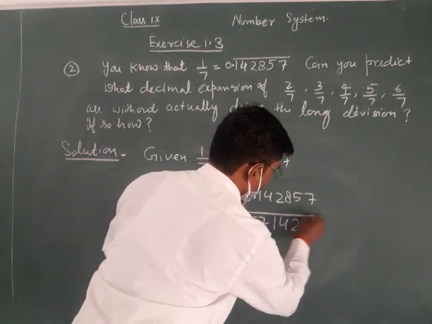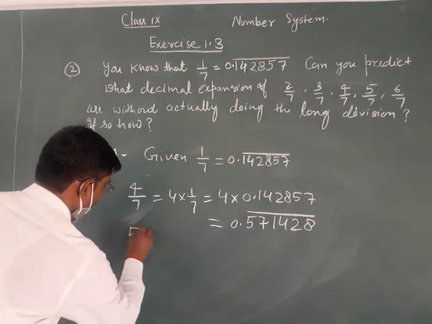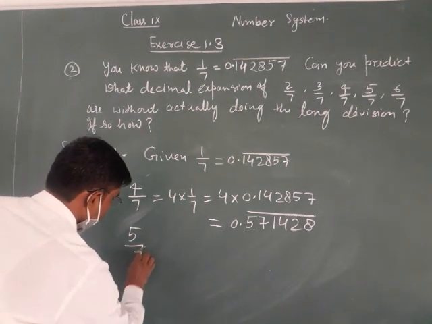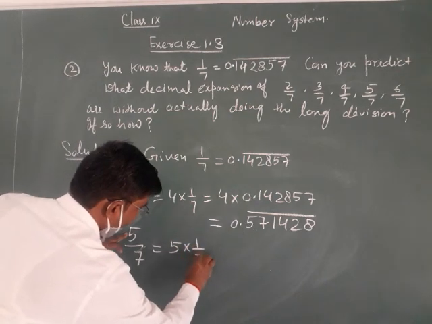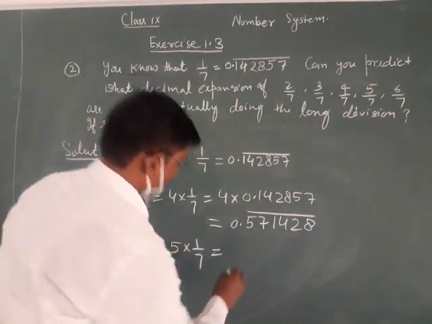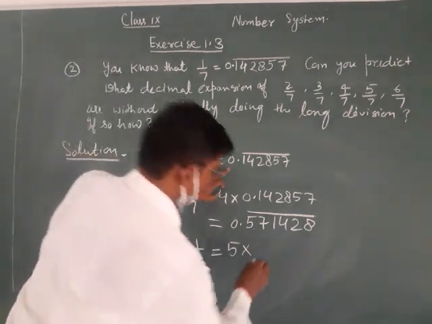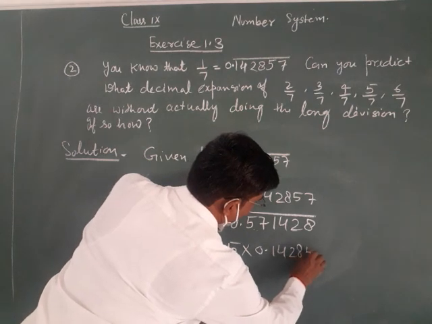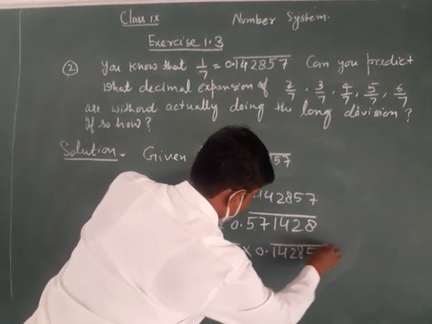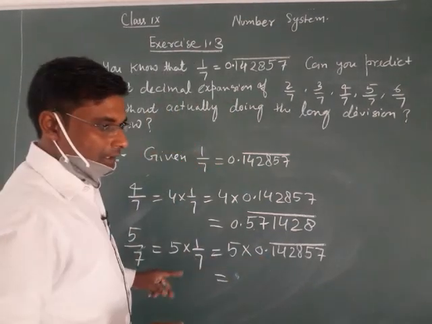0.571428 bar. And 5 by 7 is equal to 5 into 1 by 7. We get 5 into, put 1 by 7 value, 0.14287. So now the value, this